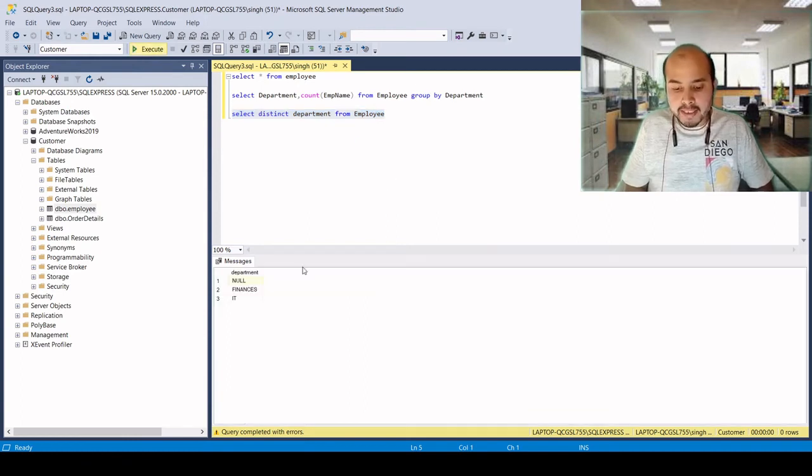And here you will see there were 3 distinct rows, meaning null was 1, and finance and IT. It is the same as the group by query which we have seen earlier.